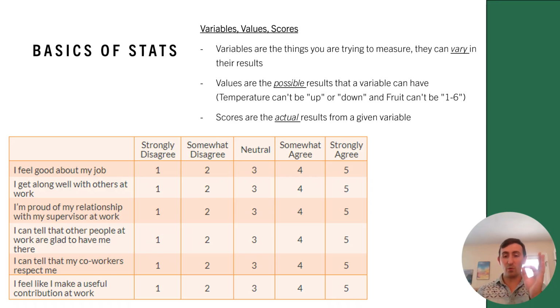The score is the actual result given by an actual data point, right? If someone were to ask me, hey, how did you do on golfing? I would say, well, I had like a +4 on every hole because I'm actually quite bad at golfing. And that would be my actual result, right? That is my score. It's not the possible scores, it's the actual score that I got for golfing that day